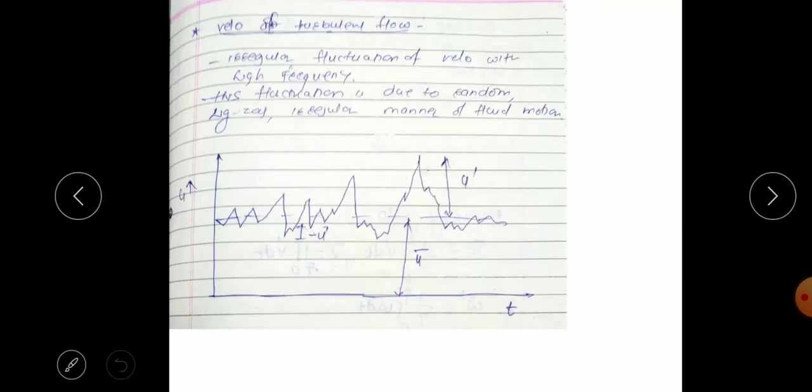So tau 1 is equal to mu v by t minus delta p by delta x into t by 2. This is the shear stress at the fixed plate, so y equals 0. Putting y equals 0 in this equation, we get tau 1 = mu v by t minus delta p by delta x t by 2. So here we get the shear stress distribution. The maximum shear stress at a fixed plate is mu v by t minus delta p by delta x t by 2.